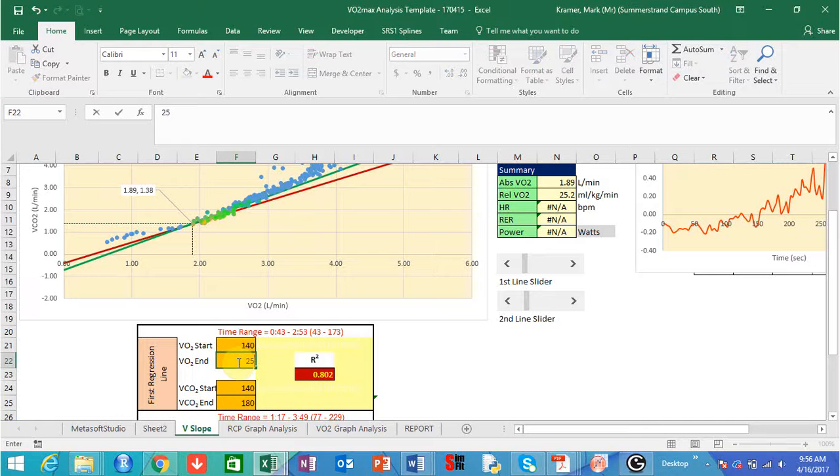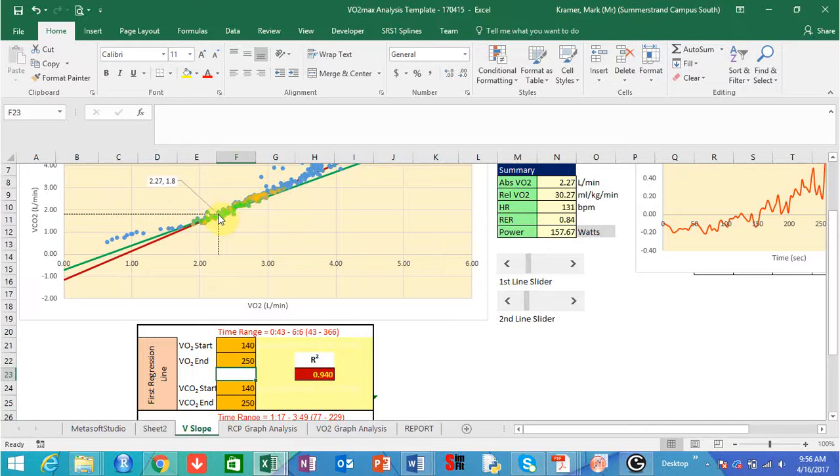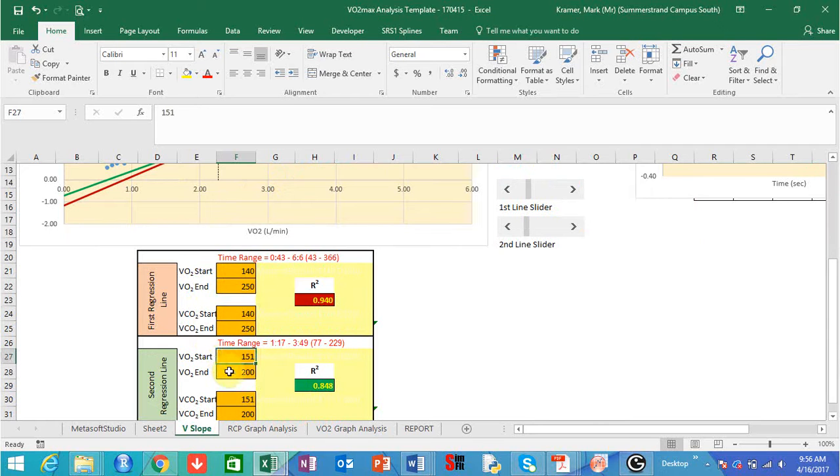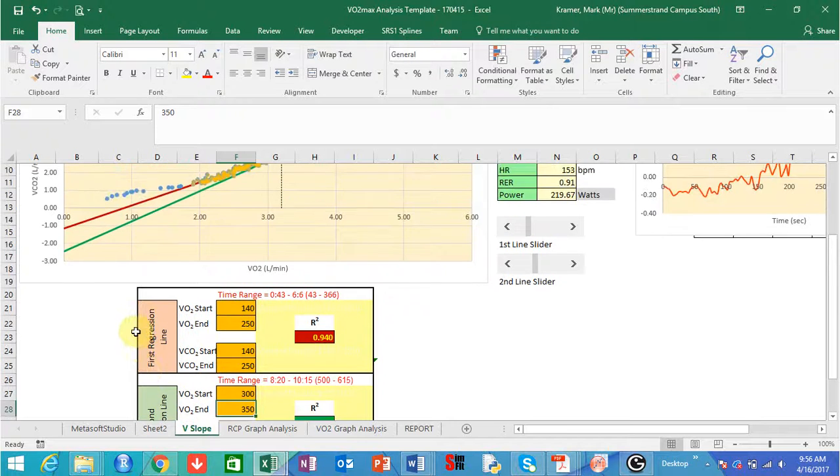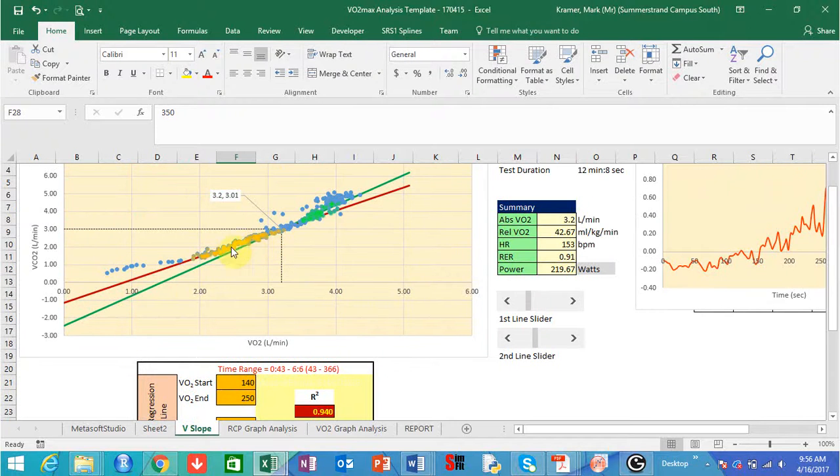So maybe if I go to 250, and you can see now it's analyzing that data a little bit better, and this I'm going to shift, say, to approximately 350. Oops, 350, and I'll start at 300. See if I can get that. That's already looking a little bit better. So what I can do here is include some more data points in this initial analysis. Again, I've got a slider in here that can